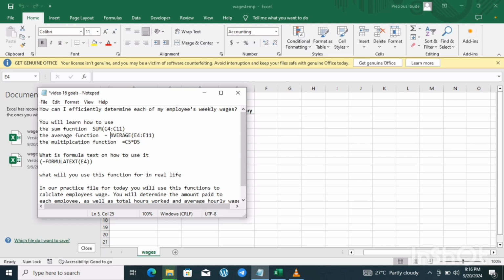And the multiplication function means you're telling the computer to perform multiplication on some certain numbers, some certain figures. So that's that. We also learn how to use the formula text. What is formula text? Formula text is also a function. Remember I said a function is basically you giving the computer an order, and these orders go beyond mathematics. There are a lot of functions on Excel. So you're giving Excel an order to do something for you. With formula text, you're telling the Excel software to tell you the formula